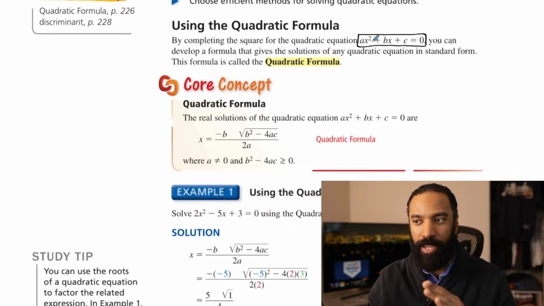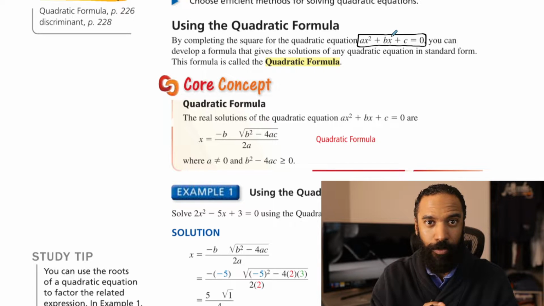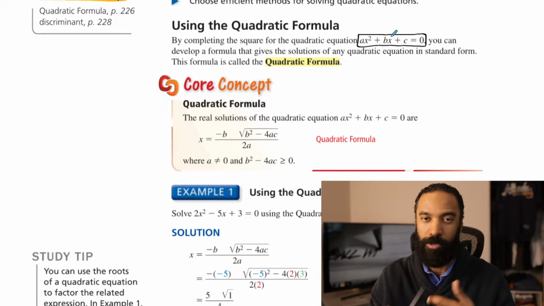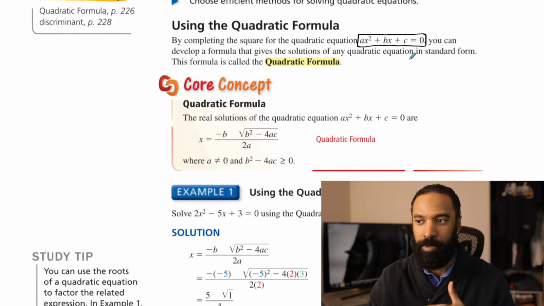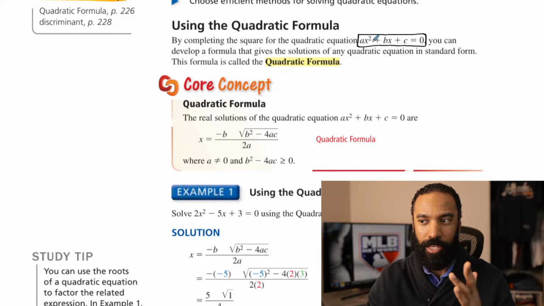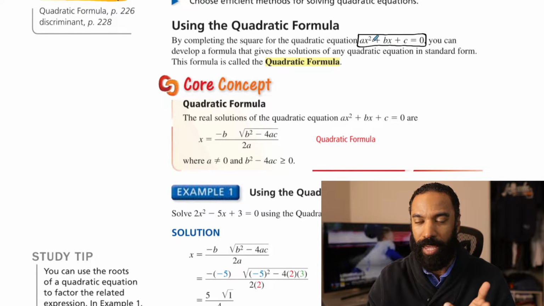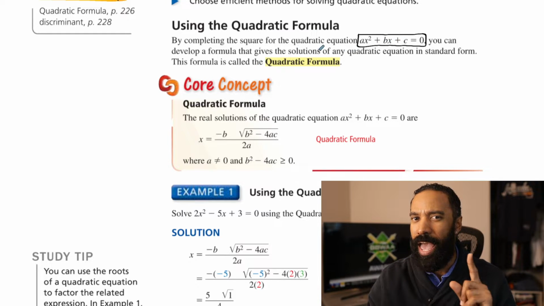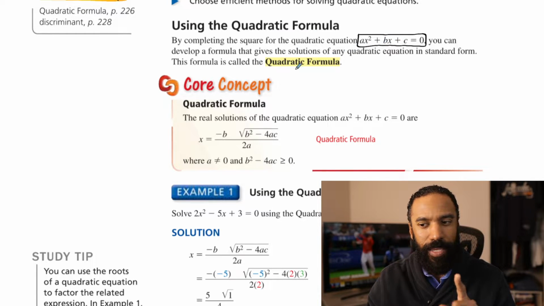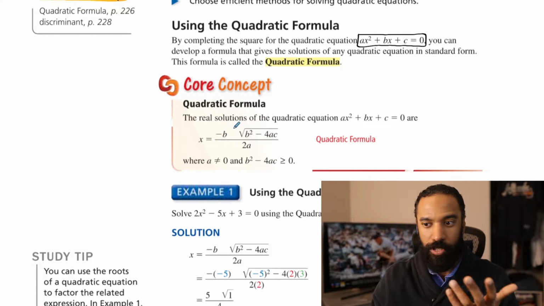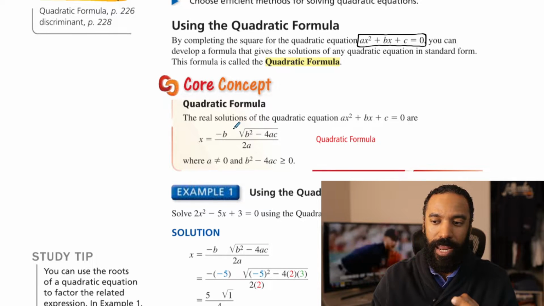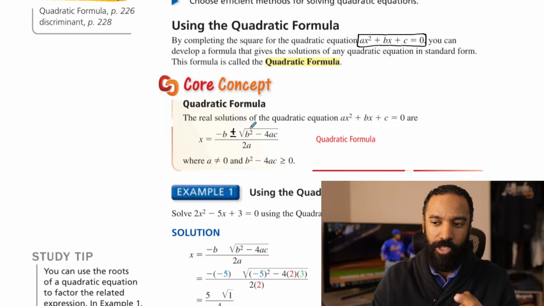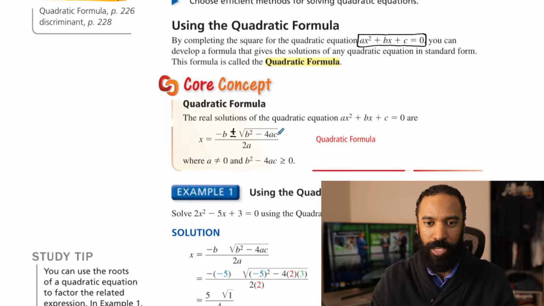The fact of the matter is we can solve for x, and we've done it using several methods: if factorable, by graphing, using square roots when b is 0, and by completing the square. Well, you can use this with these letters as well and solve by completing the square, and when you get x by itself, this is what it looks like. Actually, there's something missing. x equals negative b plus or minus the square root of b squared minus 4ac